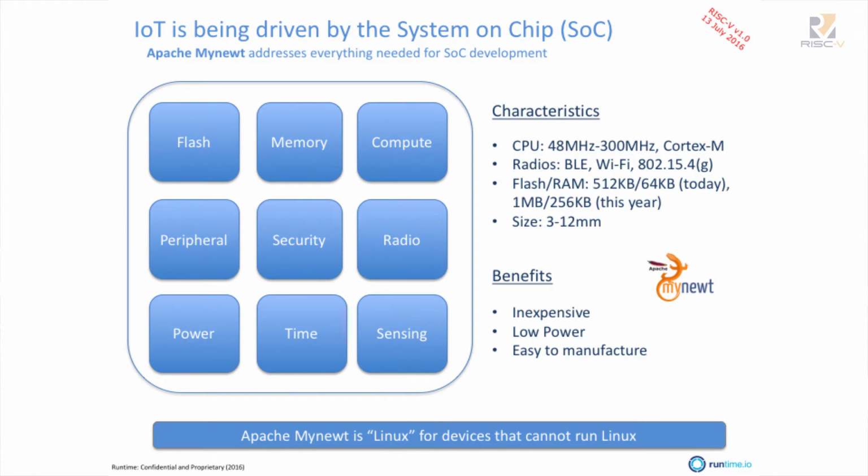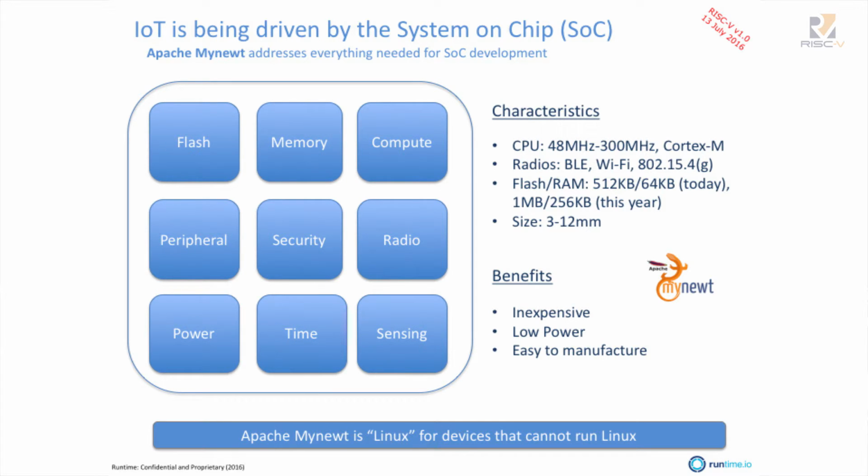Another motivation, or a result of us open sourcing this OS, is that we see a trend also. Our first operating system included the world's first open source Bluetooth low energy stack for microcontrollers, and that's down to the controller level. What we saw in that industry is a trend of more and more powerful platforms for MCU-oriented devices. Our first port was to the Nordic nRF52. It has 512K of flash, 64K of RAM, and we're seeing products from other vendors that are coming out with